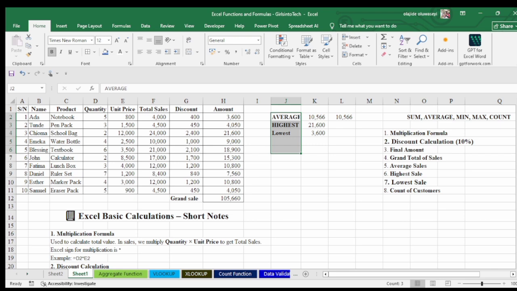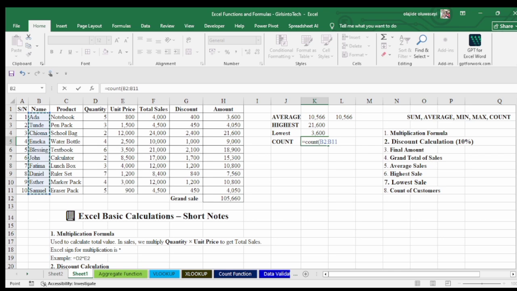Now let's move to the counts. We want to count how many customers. Let's say, okay, they did not put this number here, and we know, most times when we have large numbers, that is when we make use of all these things. But this one you can just see from the cell, that okay, we only have 10. But when you have a large data that you have to work on, how do you count? It's supposed to count open brackets